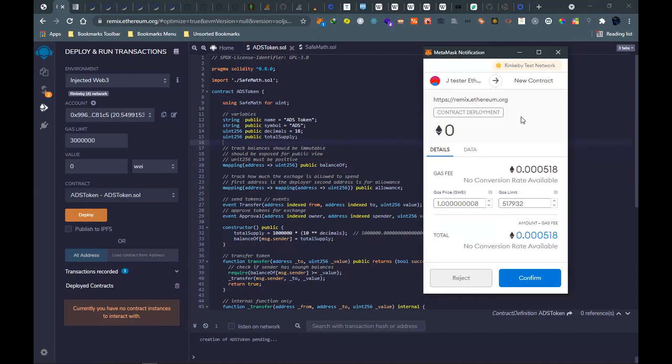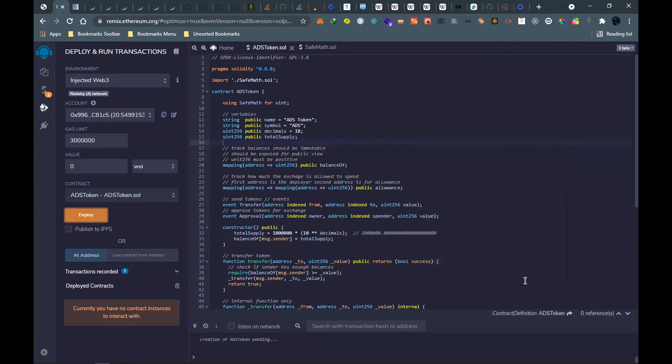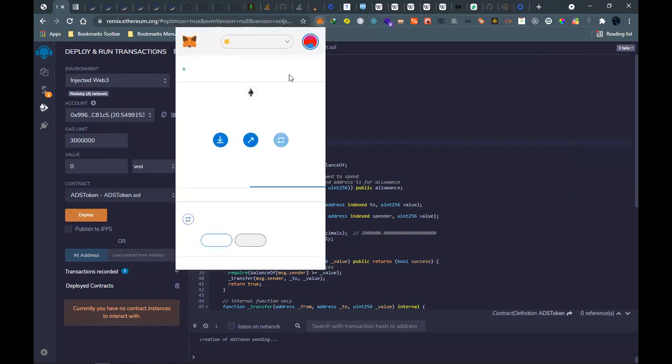It's on Link Bay, and we have the gas price and the amount, and then we need to confirm. Contract creation is pending.